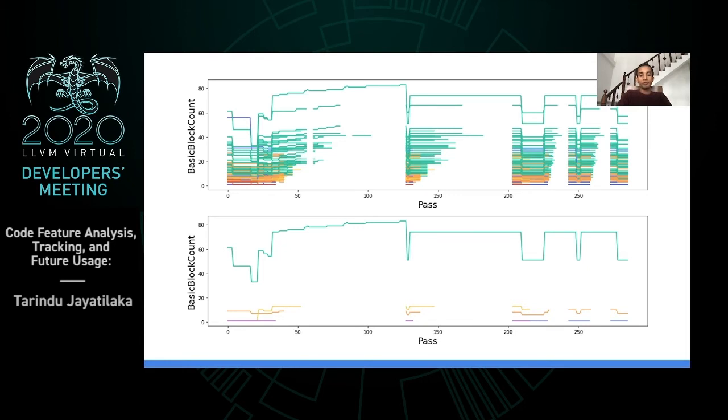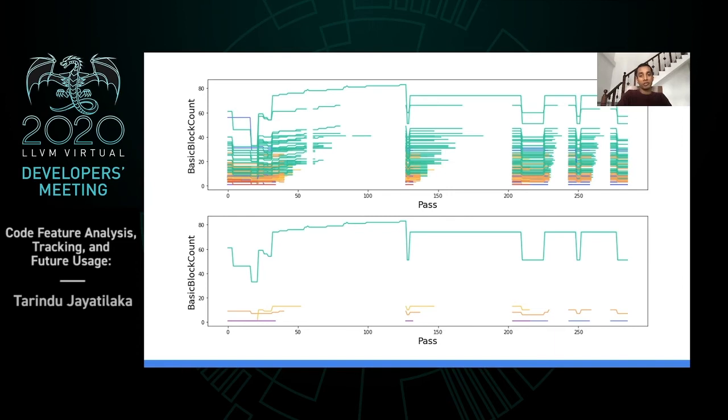The motivation behind clustering is if we can predict a cluster early on in the pass pipeline, we can tell LLVM that we do not need to apply some of these passes to this function because it doesn't change it. So we actually came up with a predictive model that could predict the cluster each function belonged to with 85% accuracy after looking at the code features